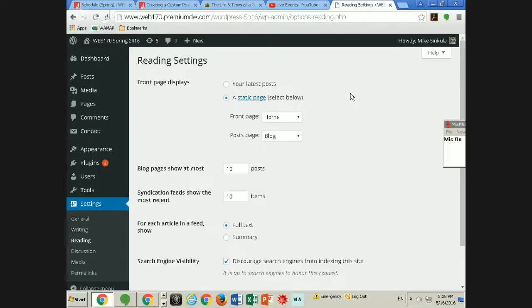Yeah. So now if we have it set to a static page and we then have our static page set to the home page, that is going to use front dash page as our template page. Okay. And what I mean by, Joe, what I mean by template page is